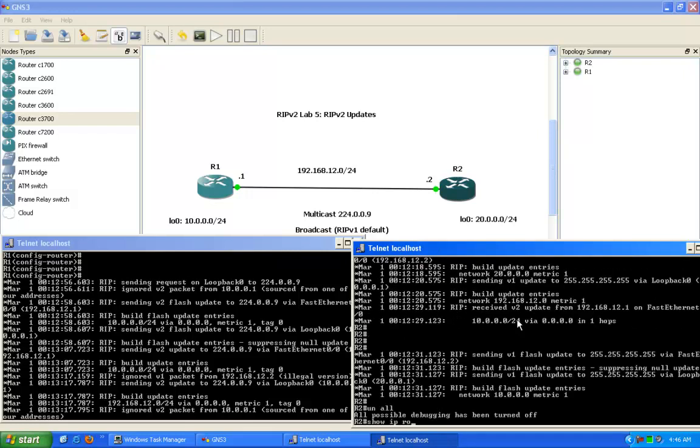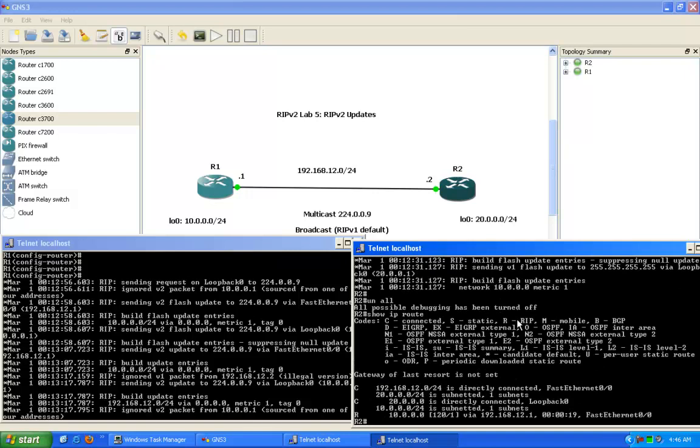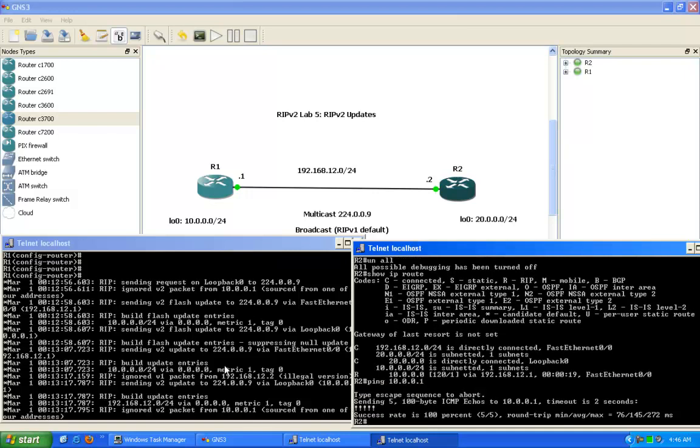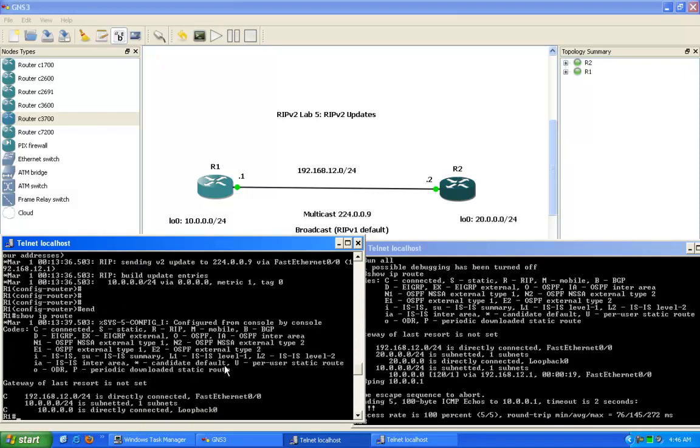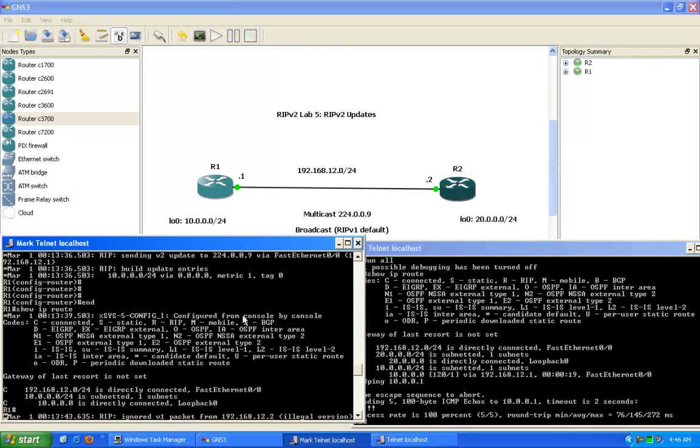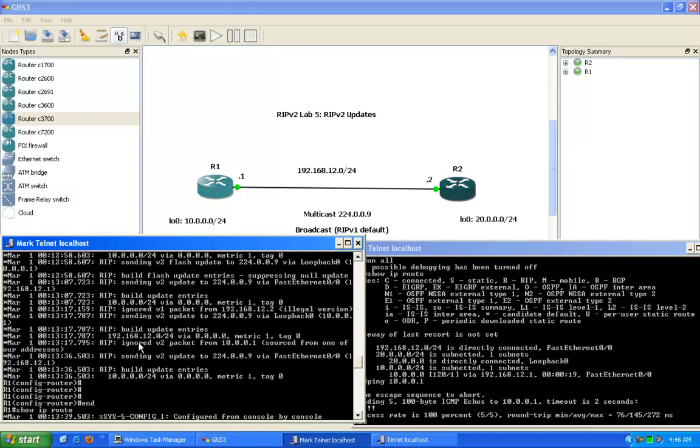And if we do a show IP route now in router 2, we can see that we're learning that RIP route. So if I do a ping, as you can see, we have reachability. However, on router 1, if I do a show IP route, we are not learning of router 2's loopback. And that's because, again, here on router 2,